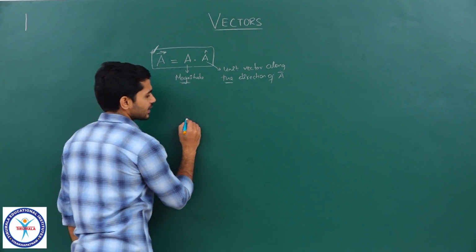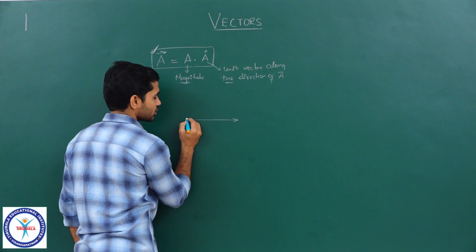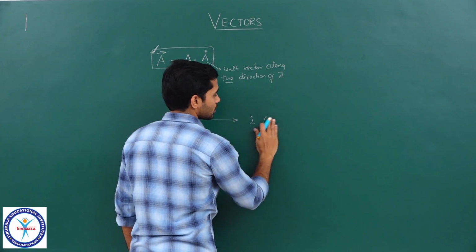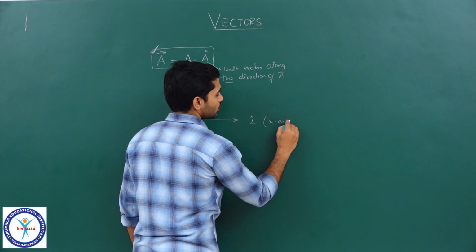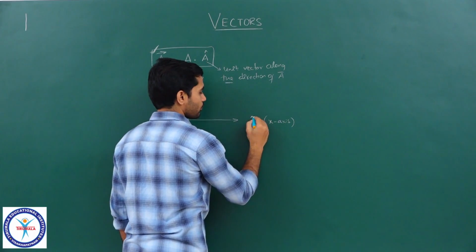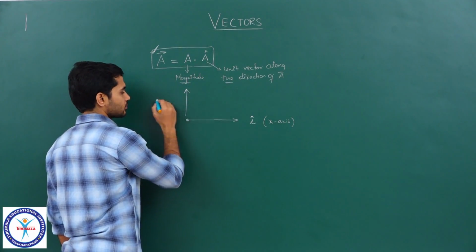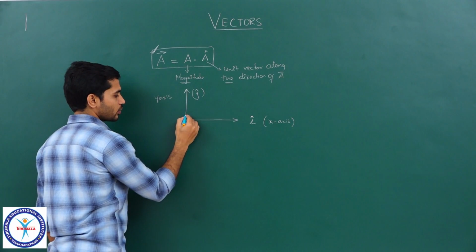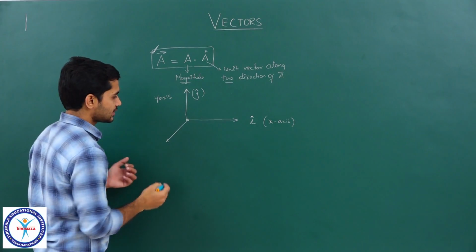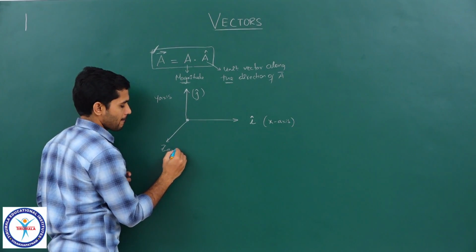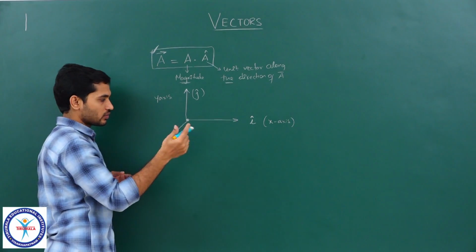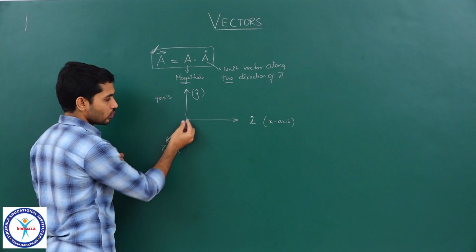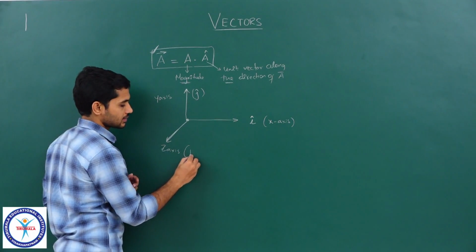So for example, let's say I am defining the unit vector along this direction as I cap. Clear? Along x axis, if the unit vector is I cap, and if the unit vector along y axis is j cap, and if the unit vector along z axis, let's say this is z axis, which means out of the board. I can't represent this out of the board, so I am drawing it like this. I hope you understand that. So this is a line which is coming out of the board. So along z axis, k cap.